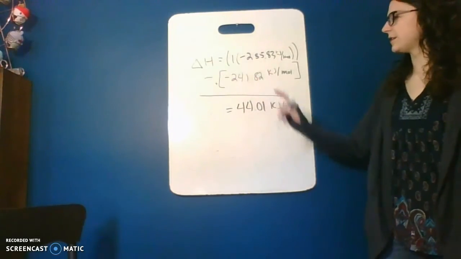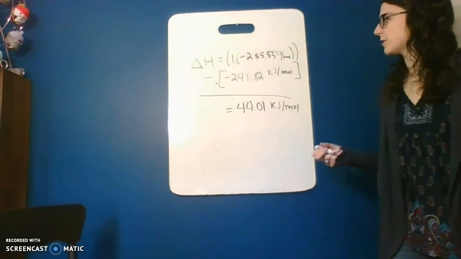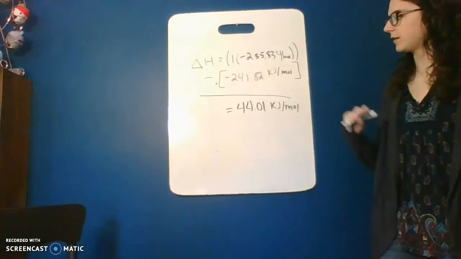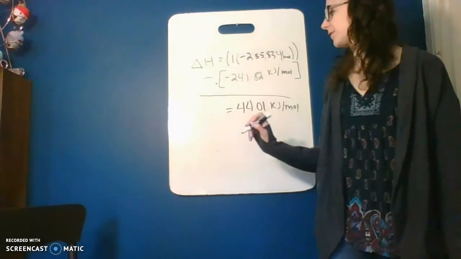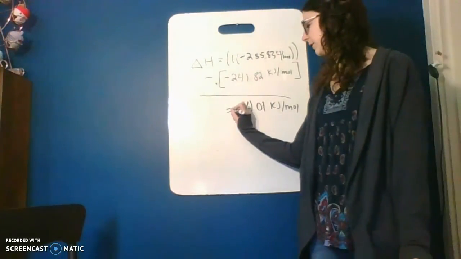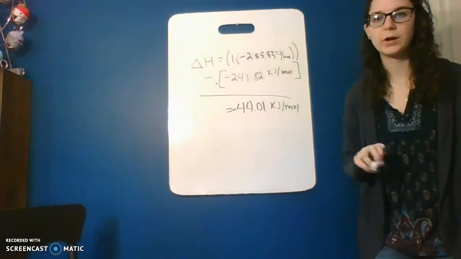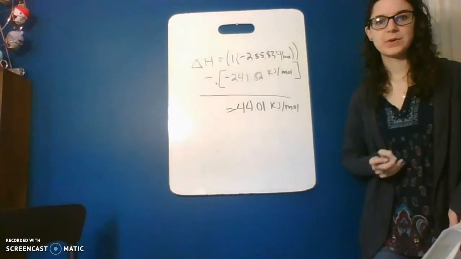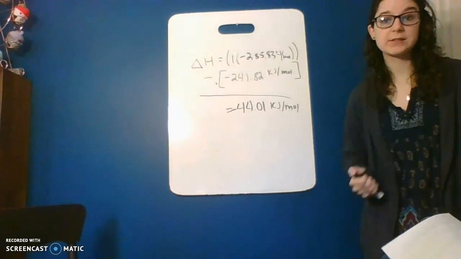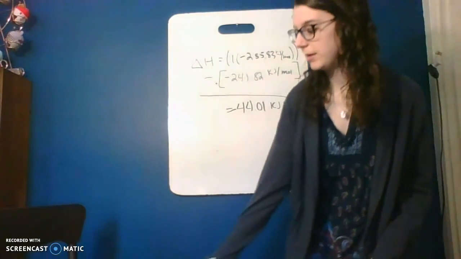Okay, so when I do that, negative 285.83 minus negative 241.82, I get an answer, a standard enthalpy change of negative 44.01 kilojoules per mole. So it's kind of like what we're doing with Hess's law in 6.9, where they're saying